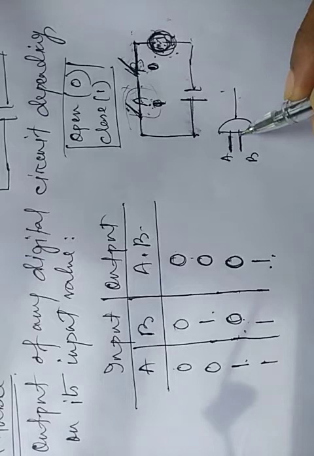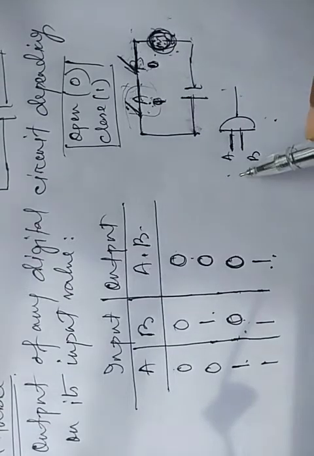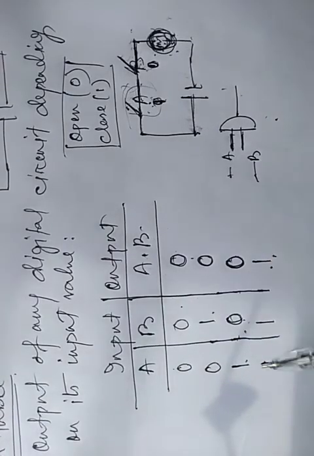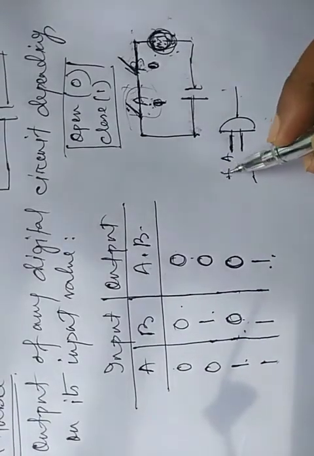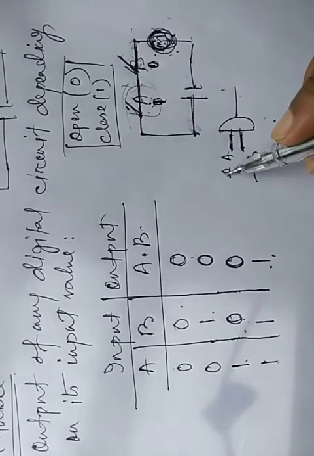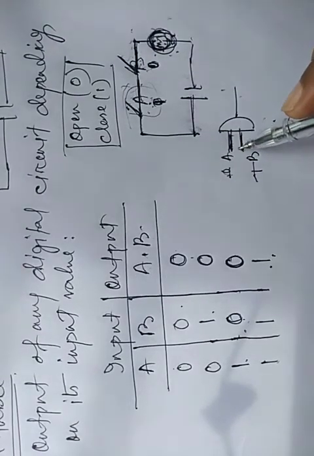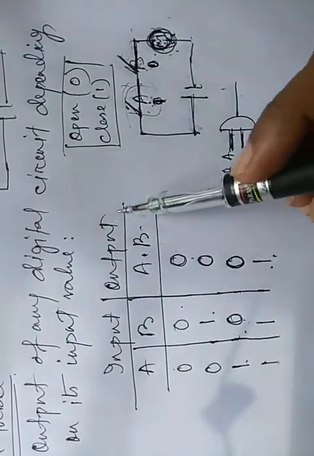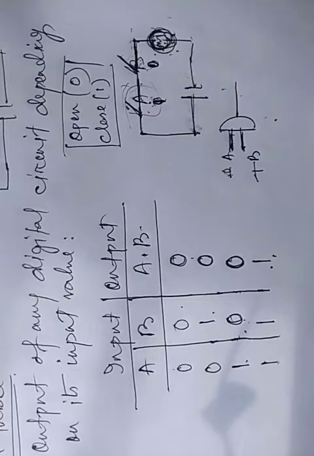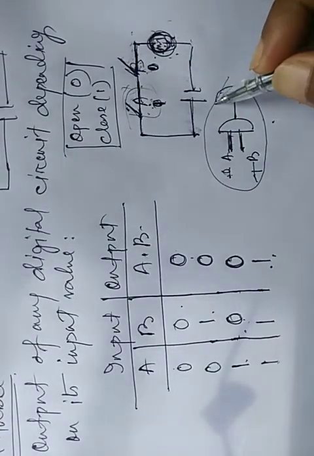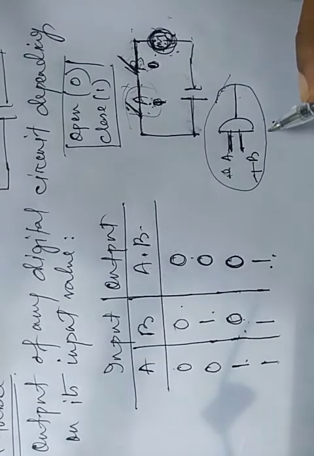As there are two input signals, if both lines pass the signal, then the output is 1. If one is 0 and another is 1, current cannot pass through. Then what output do we get? We can confirm through this truth table. These gates are used in our digital electronics. These are basic gates. Clear?